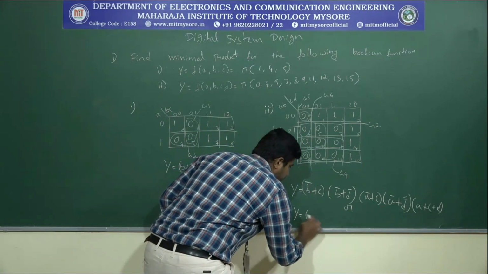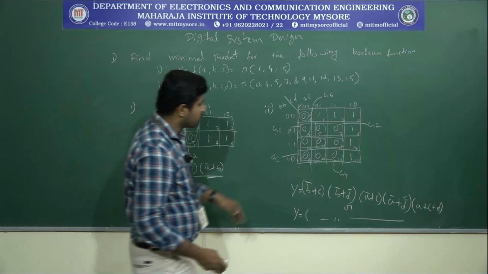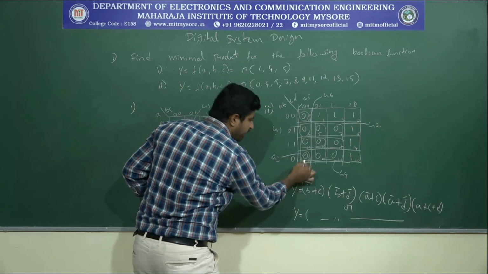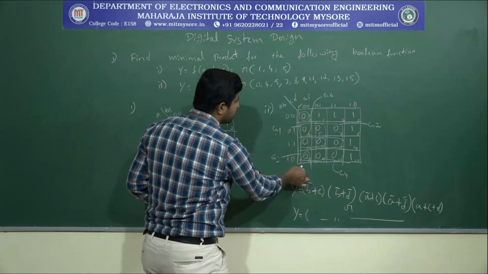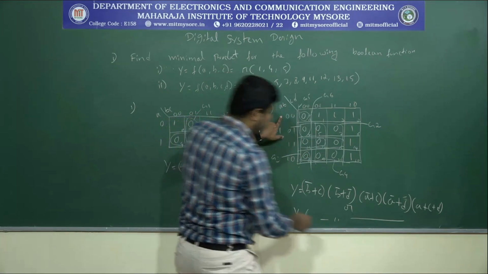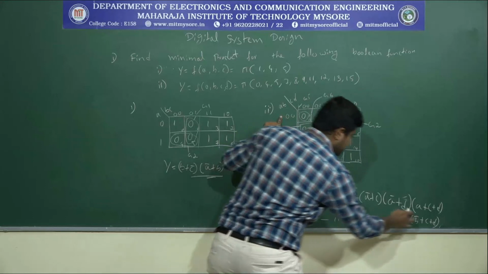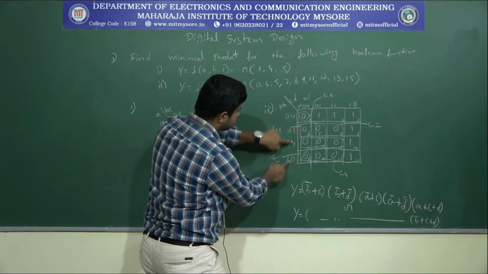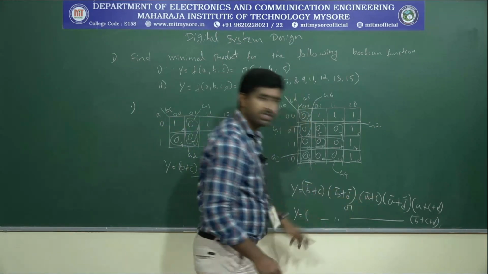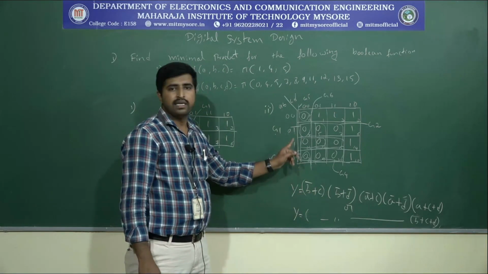The same expression appears until here, all these 4 expressions will come. The remaining one, group 6, can be included here, that is 0 and 8. When you write that, we get B plus C plus D, since B will be 0, right? So these two equations are the simplified ones. Two results are possible here for this equation.